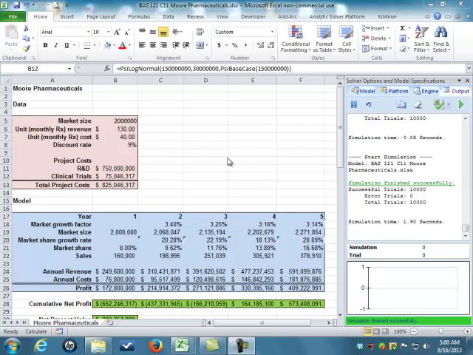Welcome to BAS 121. We're on Chapter 11. We're talking about adding risk and uncertainty to models. So we're going to go back to our pharmaceutical model, more pharmaceuticals, where we were looking at a discussion of